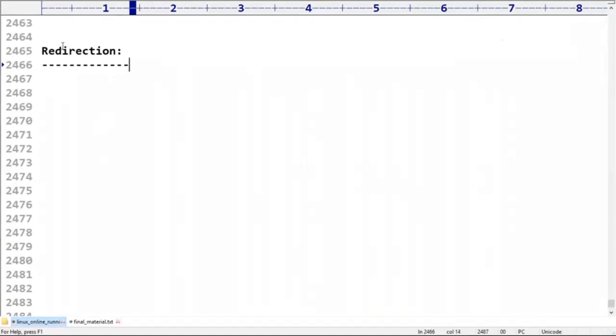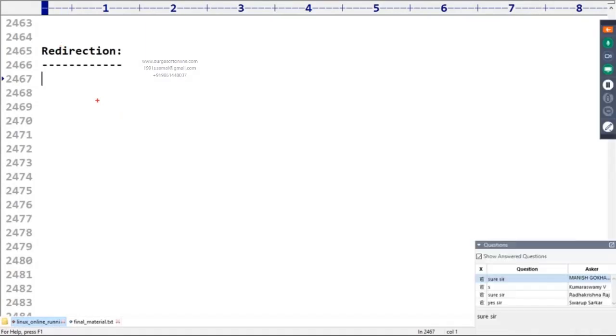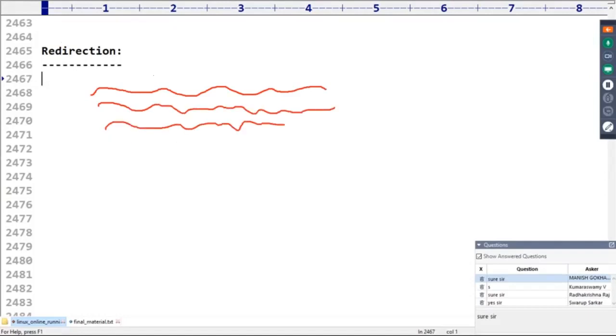Remember this very carefully. Redirection. Now, a very simple example of redirection: assume water flow is coming like this. What I want to do is keep sand bags here.